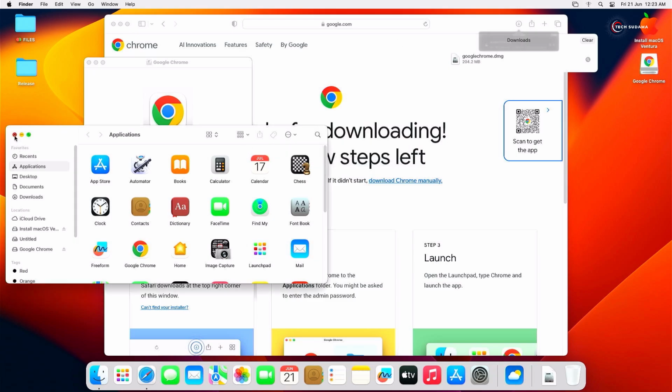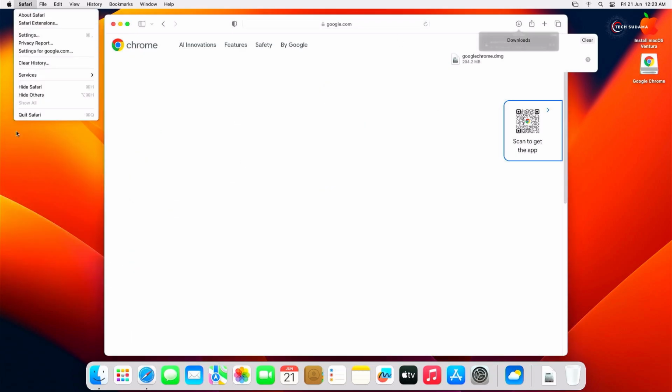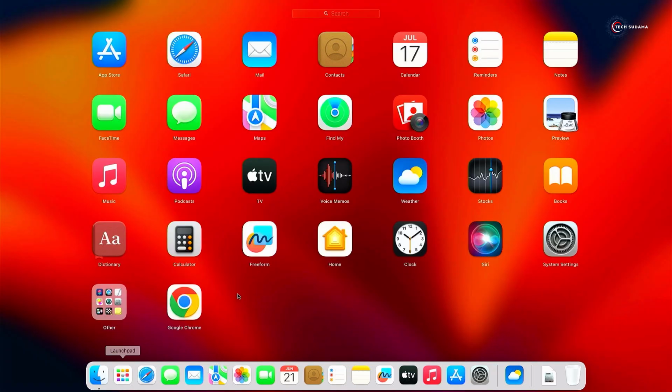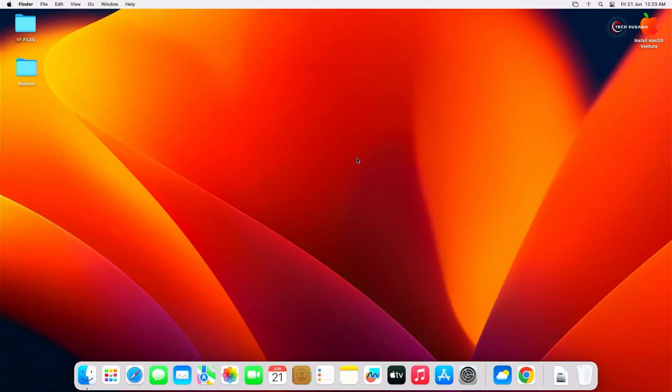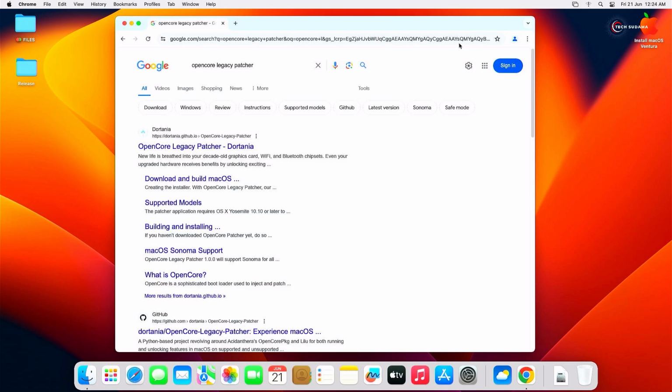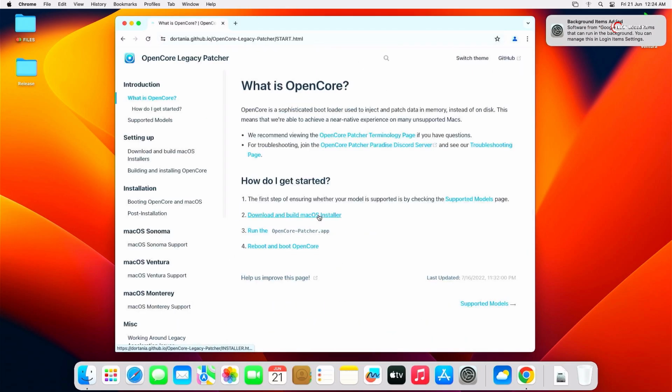It's done. Close the application, and also quit the Safari and just right click on it, eject Google Chrome, go to application and open the Chrome, click on open, click start Google Chrome, use Chrome and don't sign in. Now search for OpenCore Legacy Patcher, click on here, click on get started, click on download, click on release